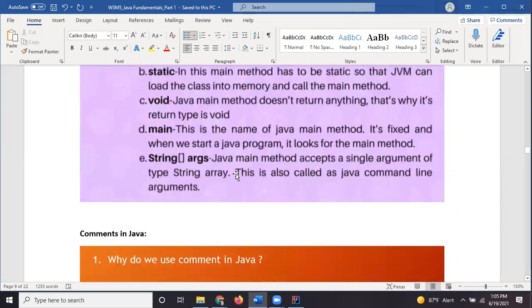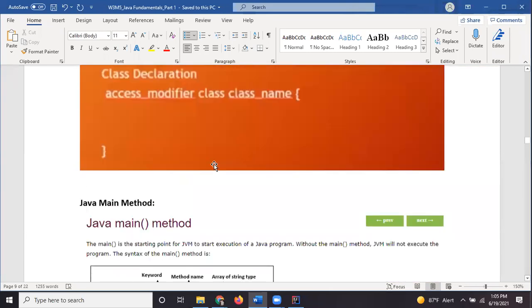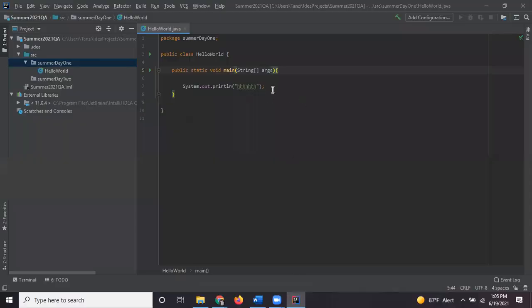And string arguments means basically this main method will be taking all the arguments here. Anything you write here, if you have 10 lines here, this is called arguments. Those are arguments or syntax or code that will be part of your Java main method. So now, if I type my name here,